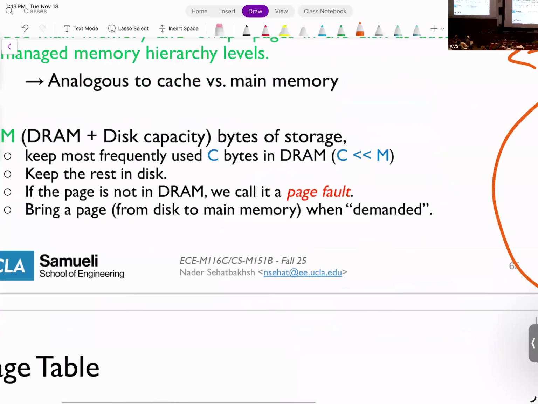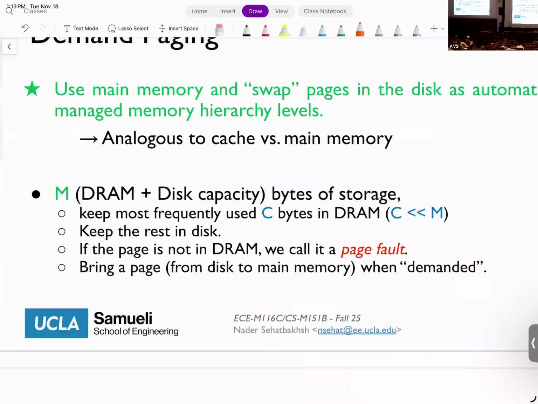All right. So essentially, you can think about memory as M. But in reality, memory has C bytes stored in the DRAM, and C is usually much, much smaller than M, because M is usually much bigger than your DRAM, right?